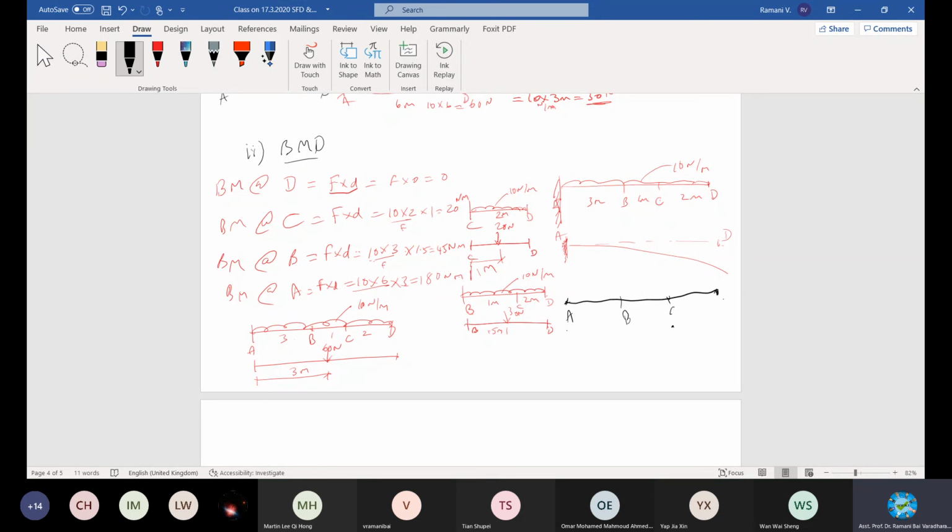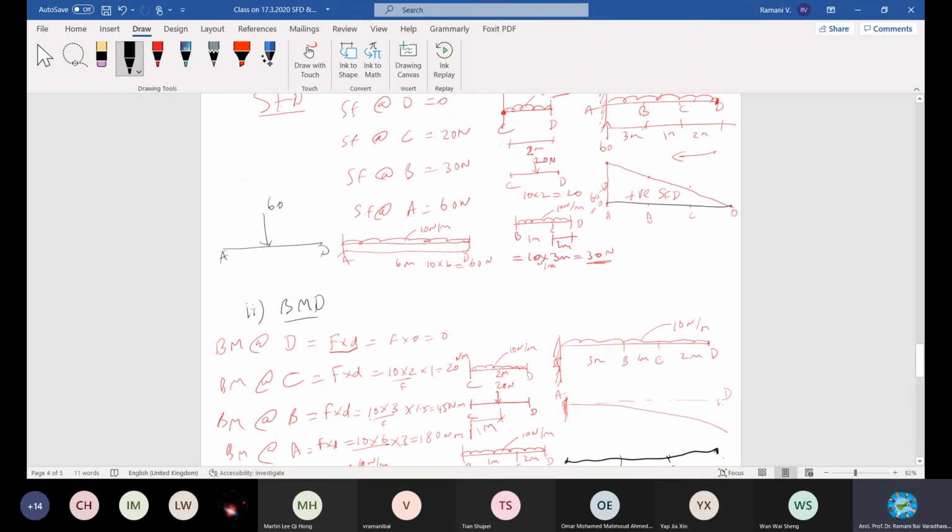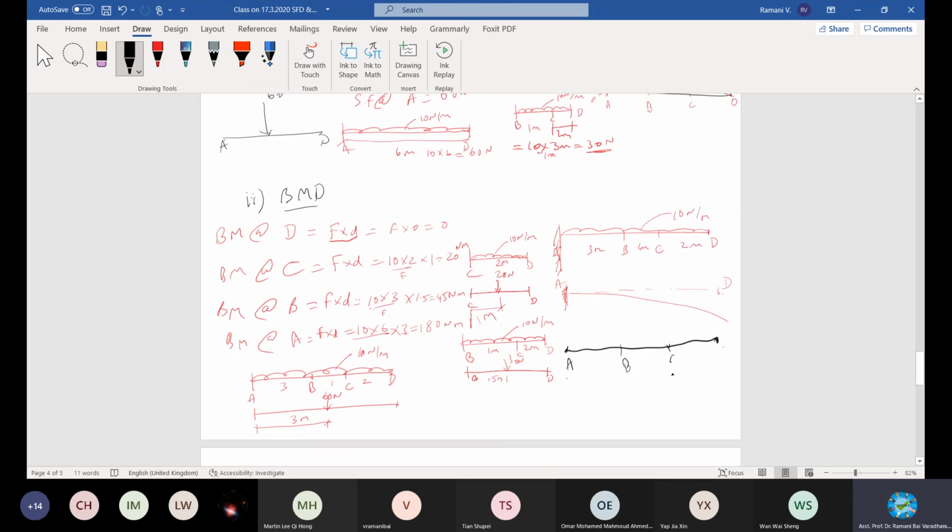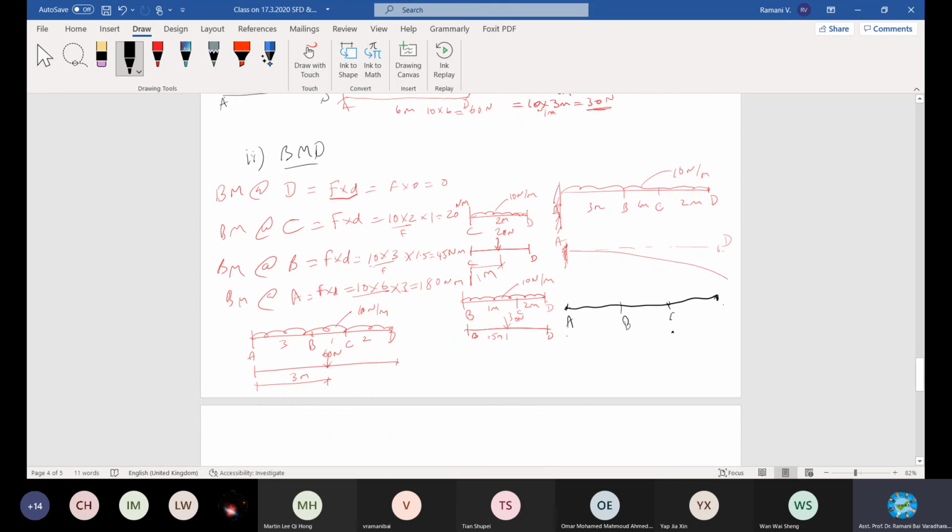And then moving on to 45. It is not linear. See the 1 meter, 0.5. If it is a straight line, it will be an inclined line in the bending moment. If it is an inclined line, it will be a parabola. That way also you can understand. Moreover, it's a UDL, so it should be a parabola. Come on. At B, how much is it? 45, somewhere here. Also positive, right?